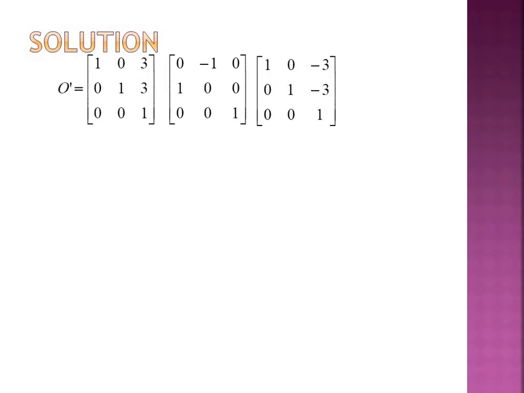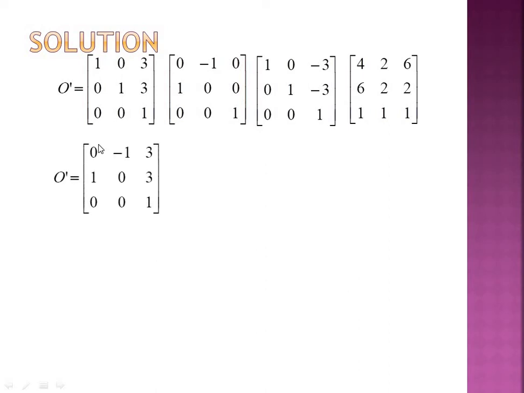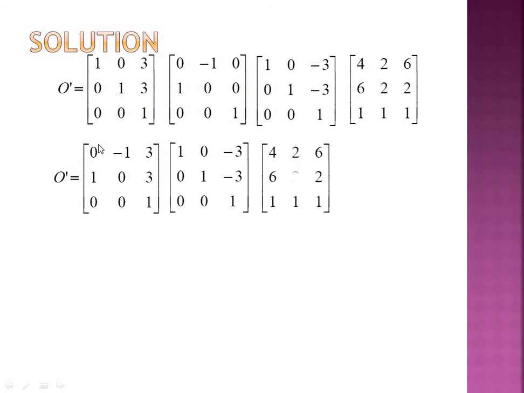And you know the arrangement must be from right to left. At the rightmost position there is the object matrix. Next, the translation matrix, in which we are moving the object towards the origin. Now this is the rotation matrix, and in the last there is the matrix in which we are moving the object back to its original position. Now one by one we will start multiplying all these matrices. In the second step, the object matrix is taken as it is, the translation matrix is taken as it is, and I have multiplied these two first matrices. So the result is this.